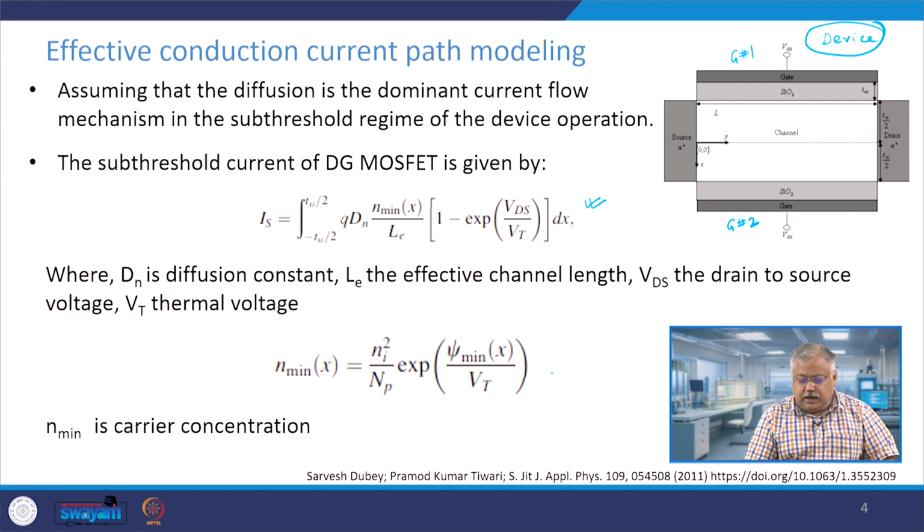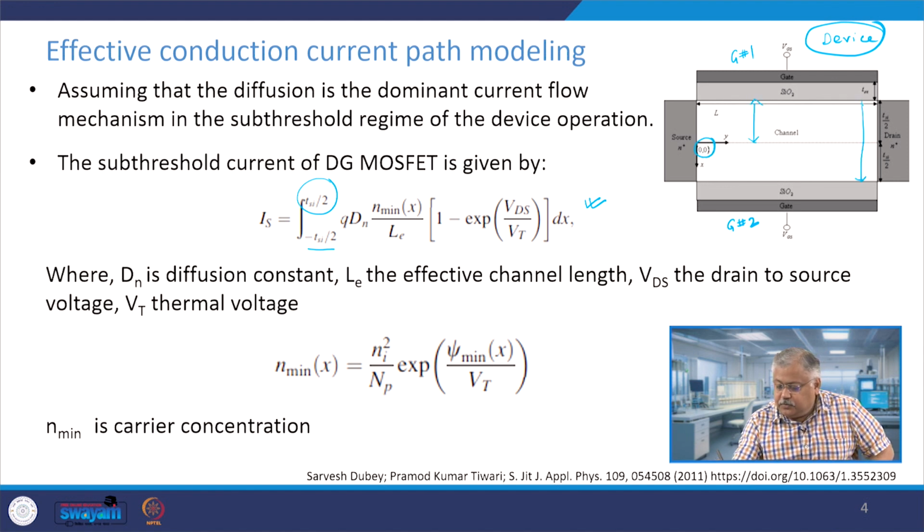this expression here, and it goes from minus T silicon by 2 to plus T silicon by 2. So, basically this is 0. If this total dimension is T silicon, then we say that this is half of T silicon at the top and this is half of T silicon at the bottom. So, what we do is we say from minus T silicon by 2, which is this side, to plus T silicon by 2, we are trying to integrate to get the total current, where dN is a constant, diffusion constant